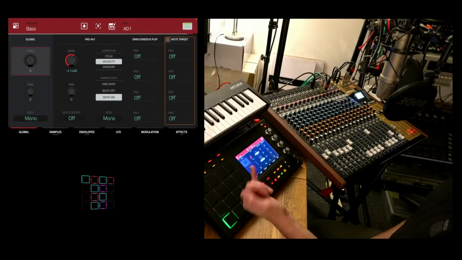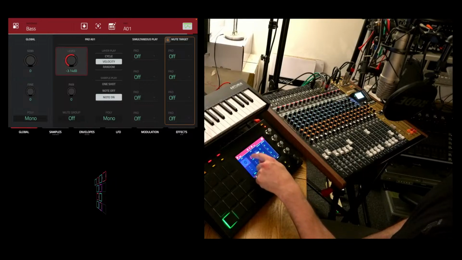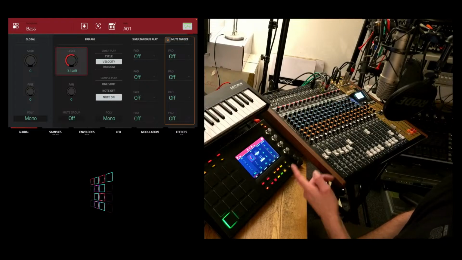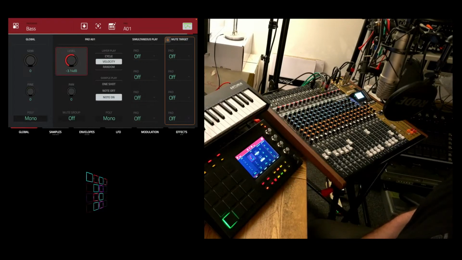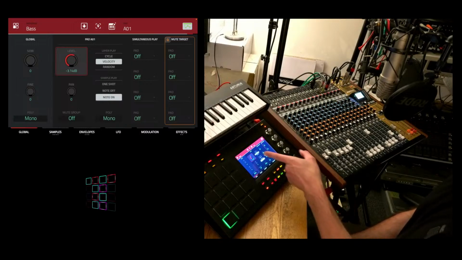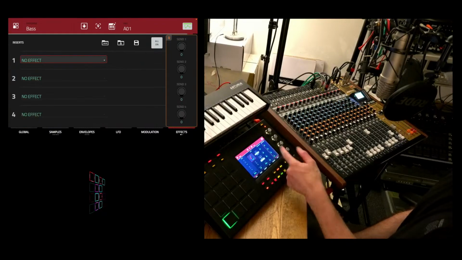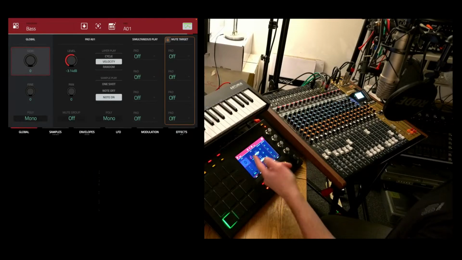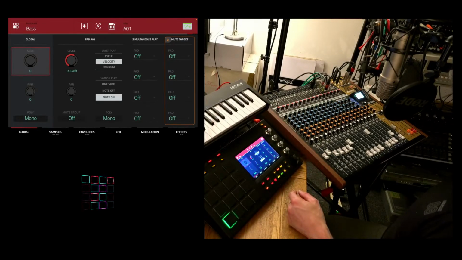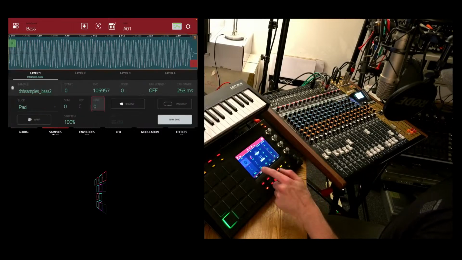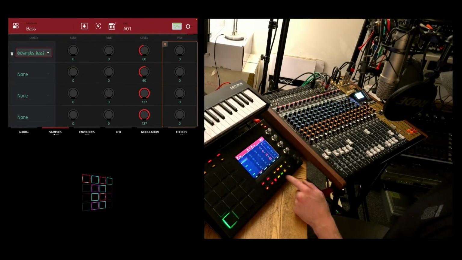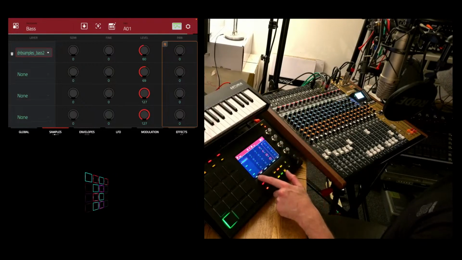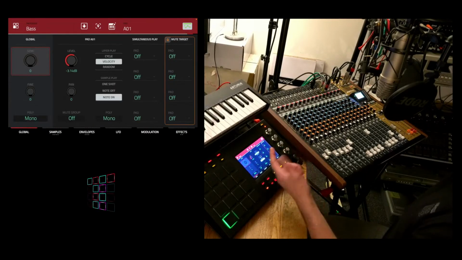So this is, well, saying that's incorrect, because this is why it gets confusing. This pad level is actually the last stage of volume before this hits the program, but it's on the first page, and I think that's where it gets confusing. The effects are a pre-fader, meaning they come before. I know that's not an actual fader here, but what you're feeding the effects is this volume here. You're also feeding the filter this. So the filter and effects are then hitting this pad level,